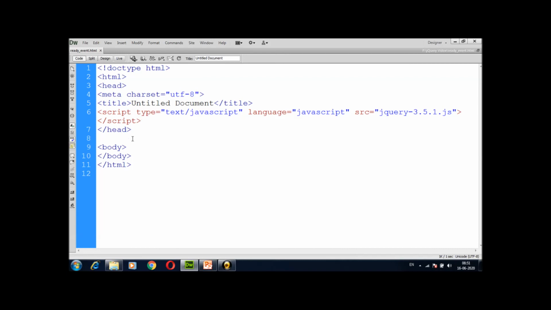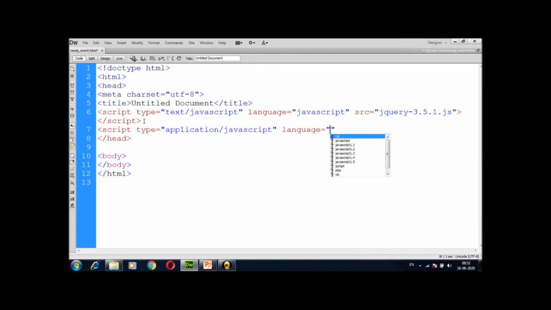Now I am going to add my jQuery inside the head part. So I again start with a script tag, as we mentioned that all the jQuery programming will start with a script tag. Same, I can write type text/javascript, language equals JavaScript, then the closing of the script tag, and in between the starting and closing script tags we will mention the ready function.